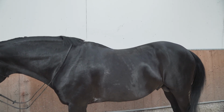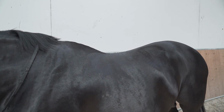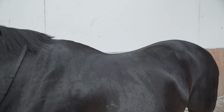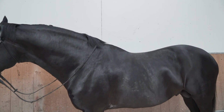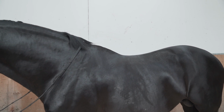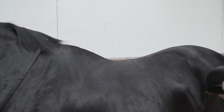Today we will show you saddles on Sam. Sam is a 20-year-old stallion and former Prix St. George horse that is now retired and ridden much less. He is slightly higher in his croup, and even though he's not under saddle as much, he still has good